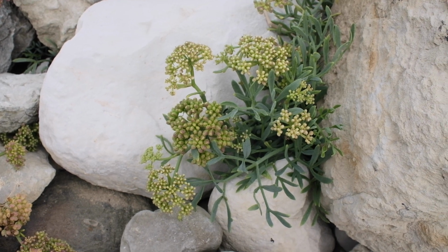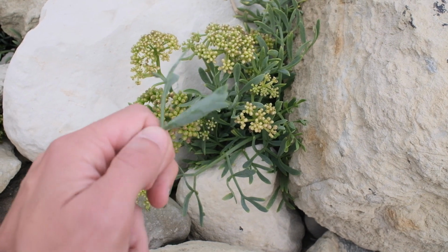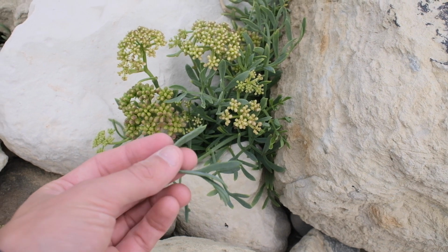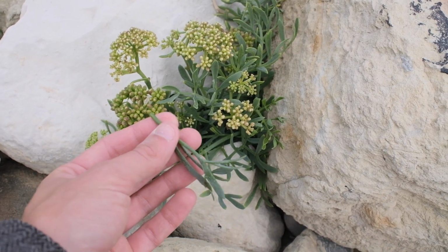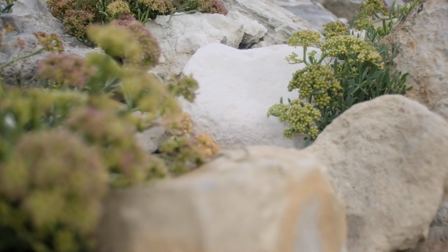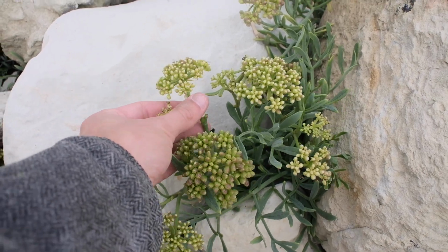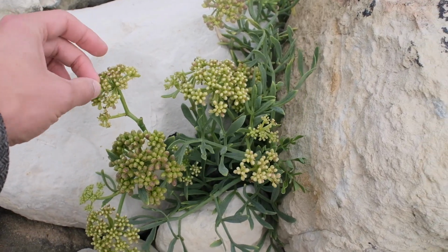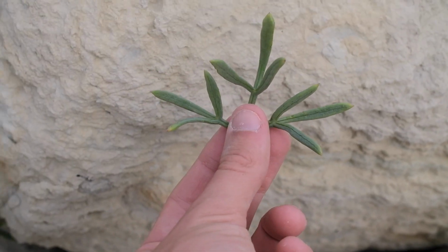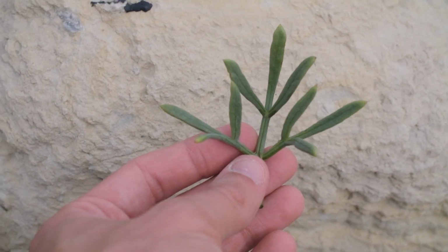But this is a maritime species, and you can tell by this beautifully succulent leaf that it's got. It's like a succulent, it's fleshy, and it needs to be in order to withstand the salt in its environment. So you'll find it growing out of cliffs and on rocky coastlines like this. So like most members of the carrot family, they've got these umbrella-like umbels of flowers on. These ones have gone to seed, and the seeds are nice and sort of succulent and fleshy as well. So it's got this sort of pinnate leaf structure with the terminal leaflet at the end, like your hogweed, but